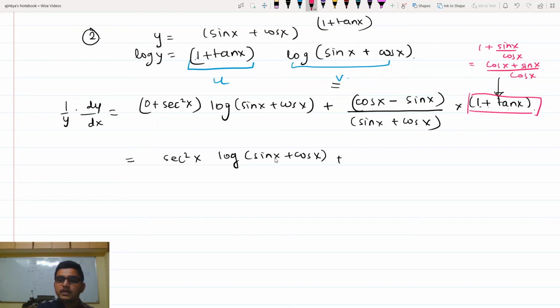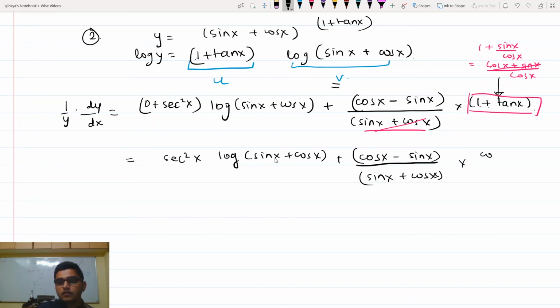And if you replace that, you can see that the numerator cos x plus sin x is the same as the denominator over here, which is sin x plus cos x, right? And these two get cancelled, right? So we can write here cos of x minus sin of x divided by sin of x plus cos of x,